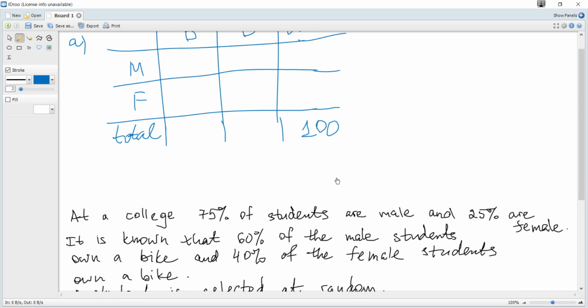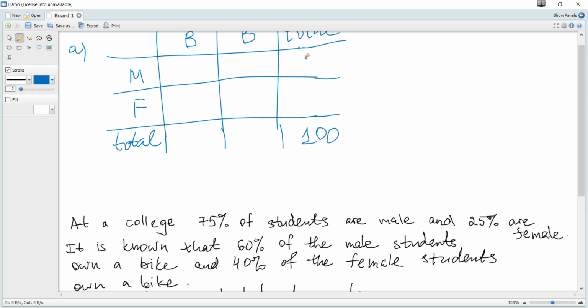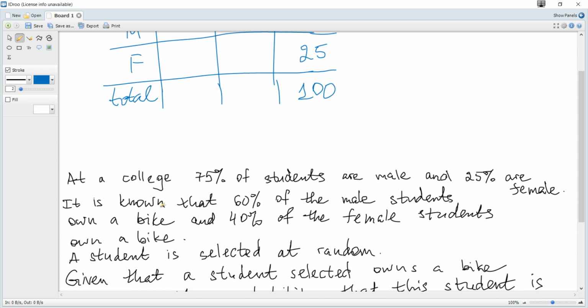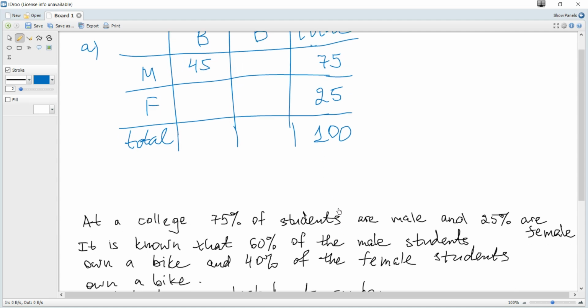It is given that at the college 75% of students are male, so 75% of 100 is 75 students who are male, and 25 are female. And 60% of the males, 0.6 times 75, is 45 students